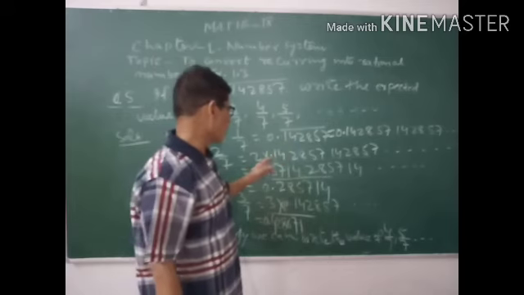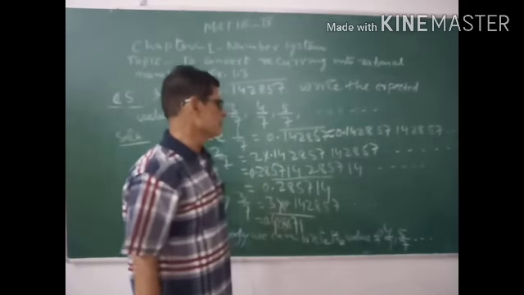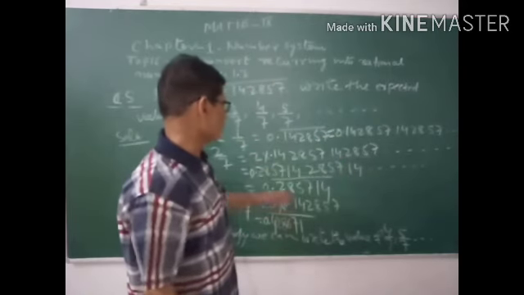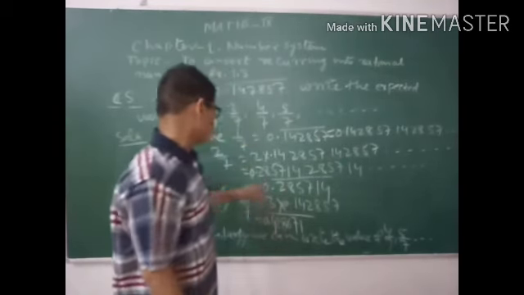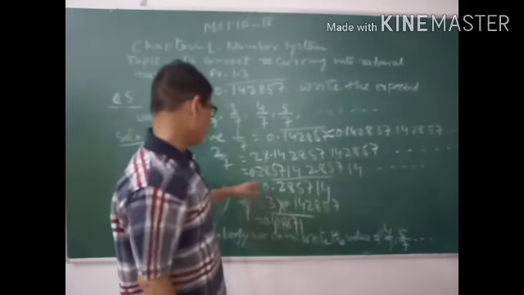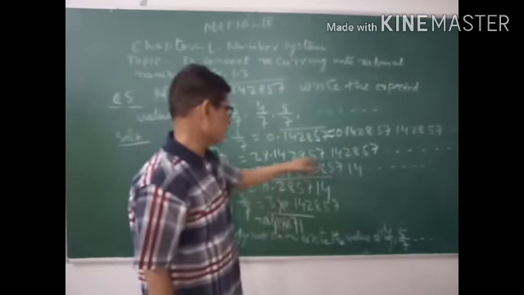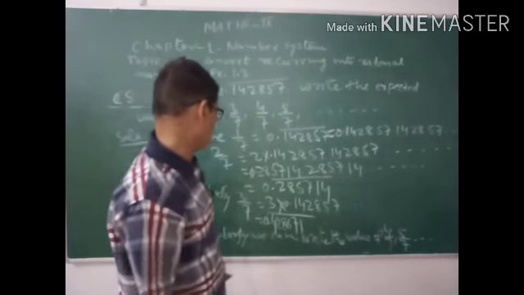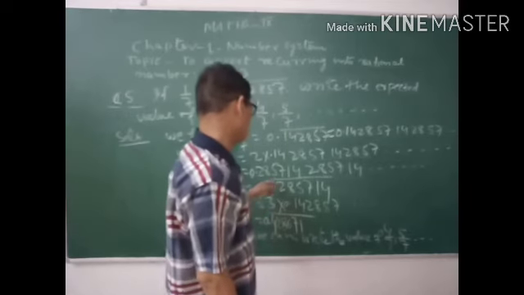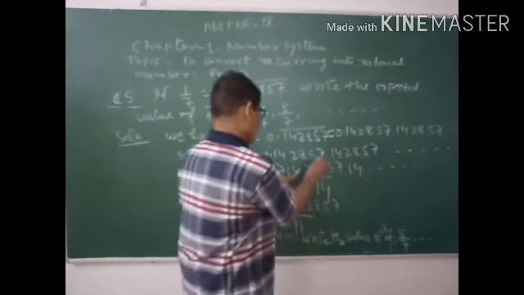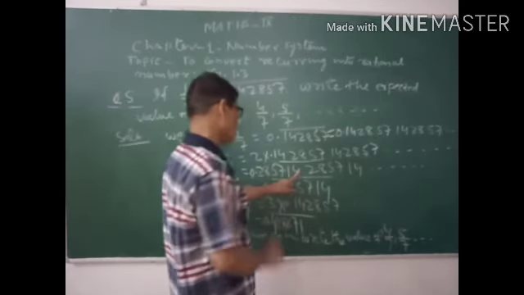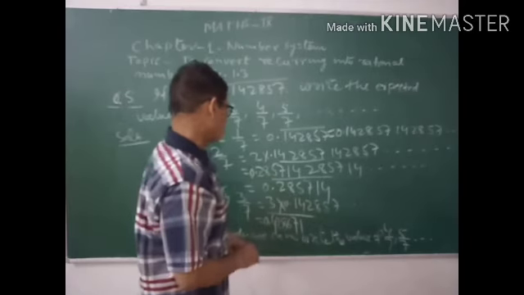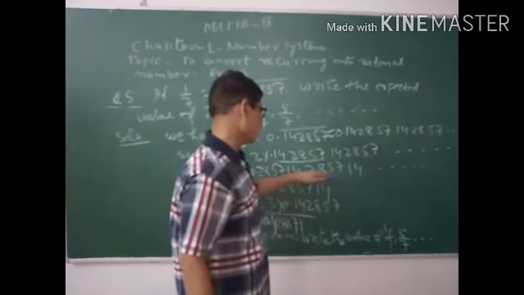With recurring we can't multiply it, so we are supposed to remove the recurring. So now multiply it by 2, then you will get 285714, and the same digits will repeat here,